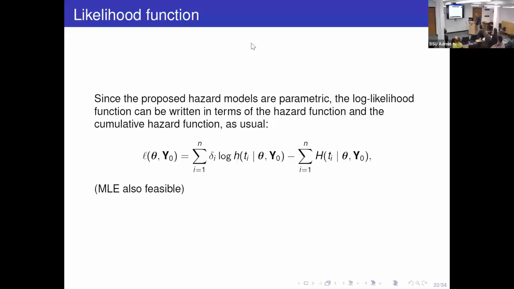Then we have a likelihood function, which depends on the parameters theta of the model and the initial conditions that we are going to fix in a moment. And as you know, this depends on the hazard function at the observed times and the cumulative hazard function evaluated at all times. And that's why we are adding this additional step, because then we will obtain both functions as a solution to the ODE. And given that you have a numerical solver, you just tell the solver, give me H and capital H at these times. That's basically what you do.